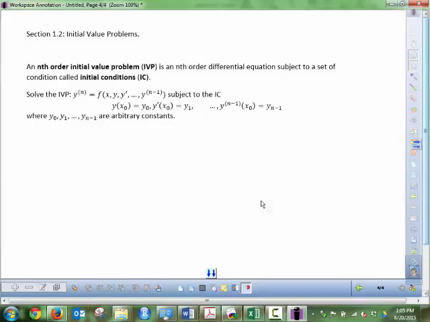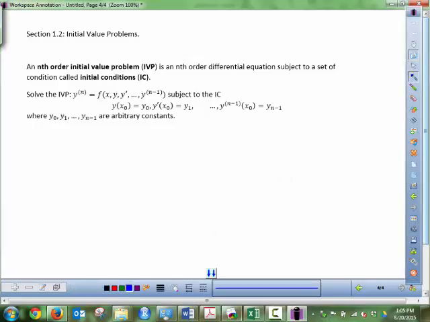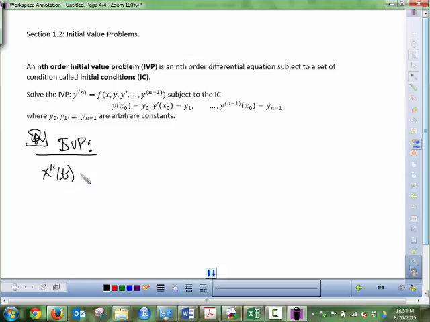And what I could do is set up the initial value problem. Your IVP would look something like this. You need a differential equation, which is what we started off with last time. But now you also need initial conditions. Now, however high the order of your differential equation is, that's how many initial conditions you should have. So let's say the initial velocity